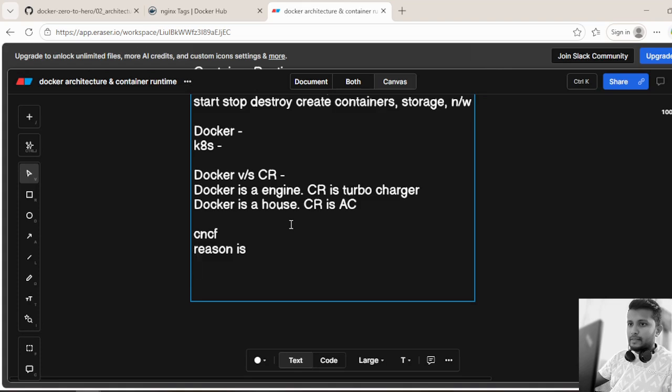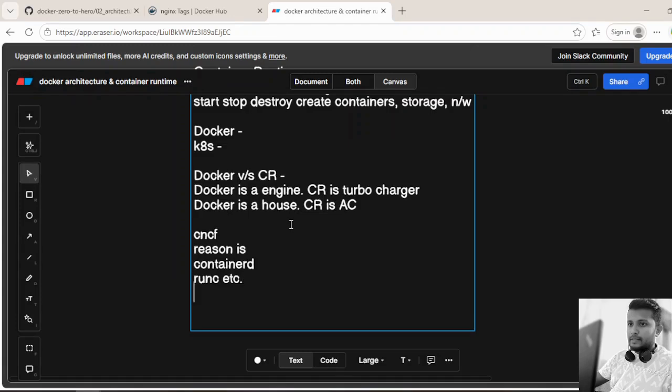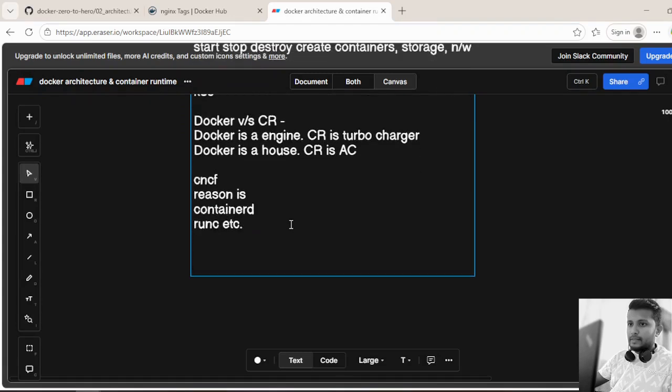So this is about the container runtime. Hope you guys understood. And the default container runtime of Kubernetes is containerd. Containerd is not the only container runtime we have in the market. We have other container runtime tools like runc as well, and so on and so forth. Hope you understood about the container runtime. What is the slight difference between the container runtime and Docker? To understand more about it,